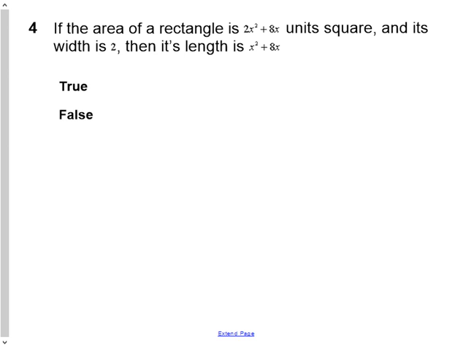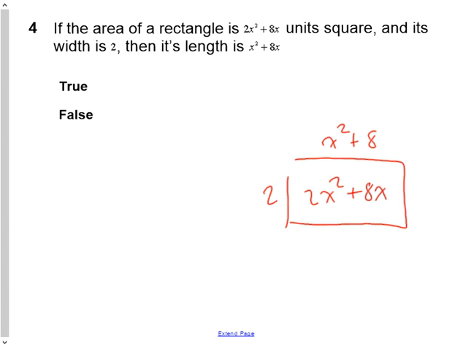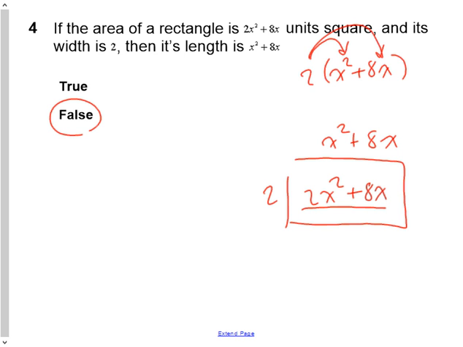If the area of a rectangle is 2x squared plus 8x, and its width is 2, then its length is x squared plus 8x. The answer is false. Because if I multiply this by this, if I only used half a distributive property, I would end up with this answer. But because I also have to multiply 8x by 2, if that was the length and width, the area would actually be 2x squared plus 16x. Or conversely, if that was the area,